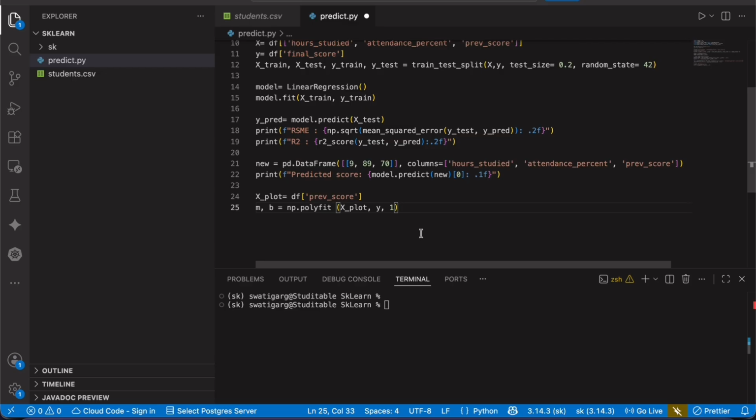So here we are using the numpy polyfit function, in which it will take the input value, the y value, and 1. Why m and b? If you use linear regression, the formula that we use is y is equal to mx plus b. Y is the output that we have to predict, m is the slope, x is the input value, plus b is the intercept. We are using m and b here so that whatever values we get from here, we use for m as well as b, because our motto is to find a straight line here.